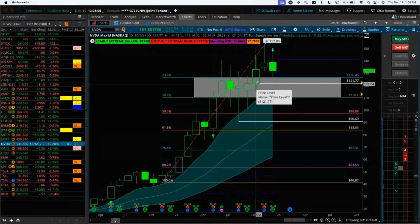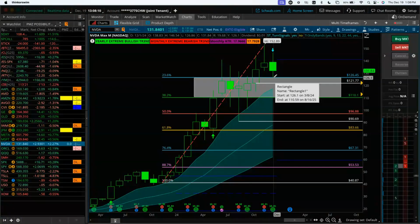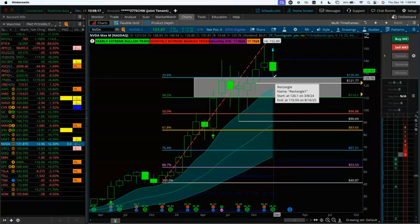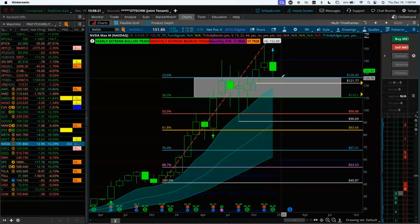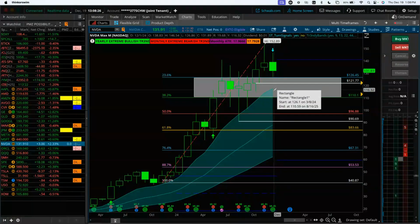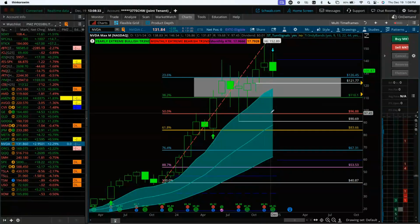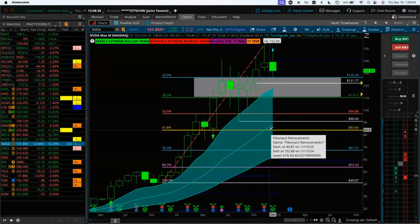going into 2025. I'm actually very excited that we're getting some sort of pullback in NVIDIA because I would like to get my position back up to full size. So my plan is to add here in NVIDIA between 126 and 121, then adding again at the bottom of this bull channel near 110, and then finally adding back into this name between 96.88 and